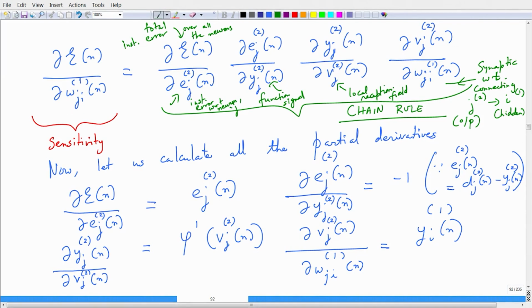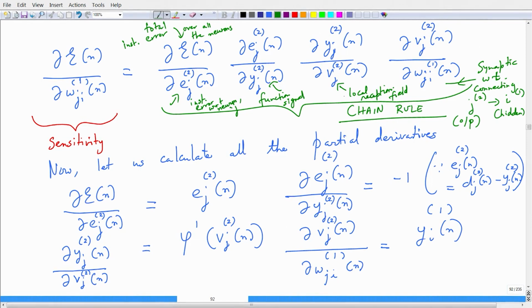With respect to that we need to compute the partial derivative and that can be broken down into these 4 pieces. The total instantaneous energy with respect to the instantaneous energy at neuron j, the instantaneous energy at neuron j with respect to the functional signal at neuron j,